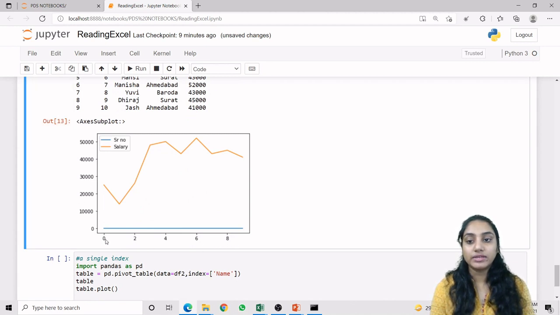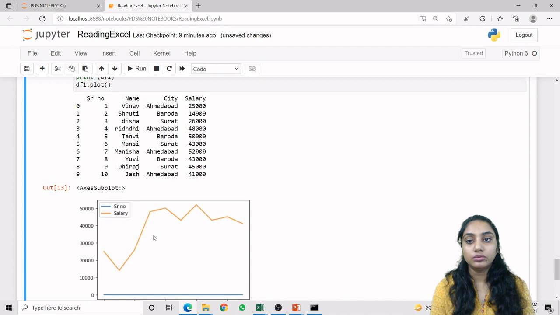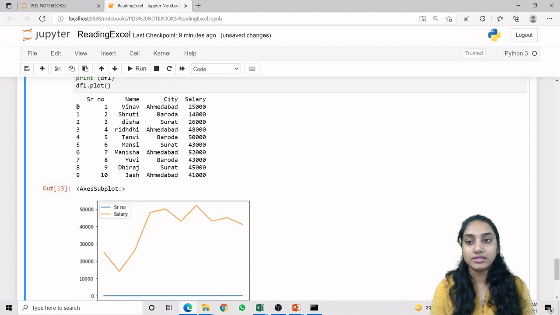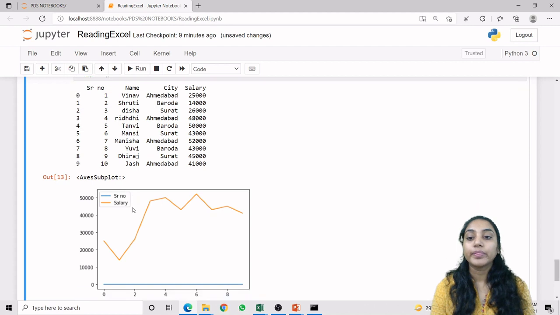So this is your SR number from 0 to 9, and this is your salary value. Now you can see that this index 0 value has the salary 25,000. Then the next one is 14,000. Then the next one is 26,000, and so on till the 9th row.